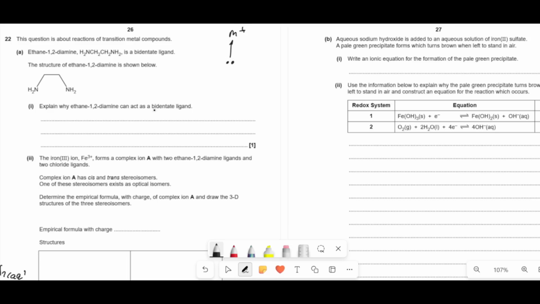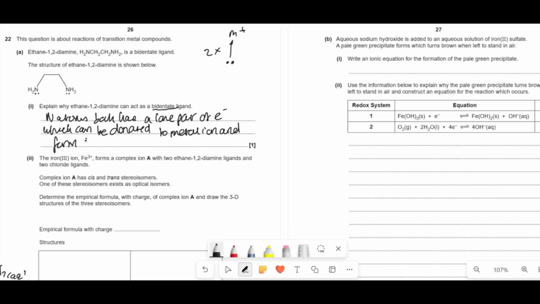Now, it's told you in the question that it is bidentate. Bidentate means it can form 2 coordinate bonds. So if it can form 2 coordinate bonds, it must have 2 lone pairs. And if you look at this, the lone pairs are on that end there. Amines have lone pairs on them, unless you have a quaternary ammonium ion. But for that part, they do. So that's why it can do that, because the nitrogen atoms both have a lone pair of electrons, which can be donated to a metal ion and form 2